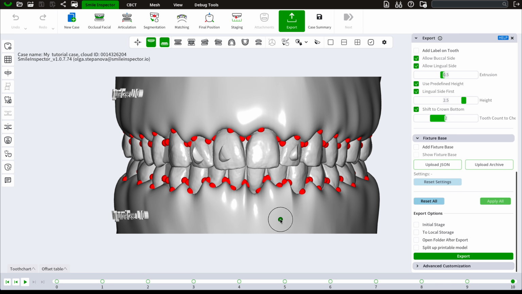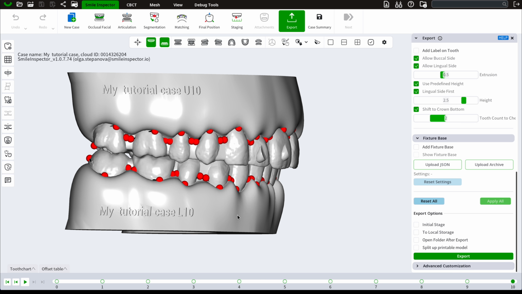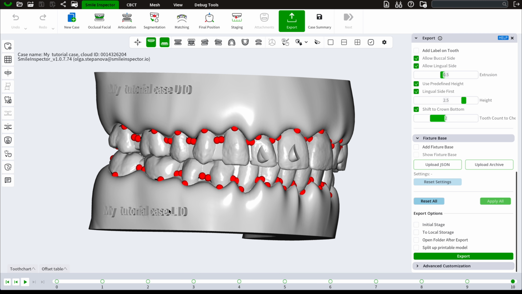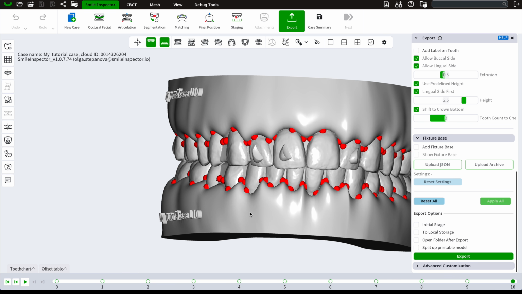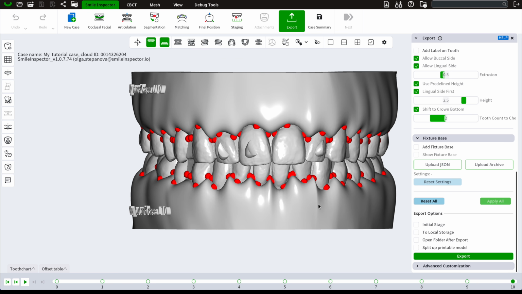So here it is. We have the engraving of the case. We have number of the stage, the fillers generated, and we are ready to go. In order to export the model,